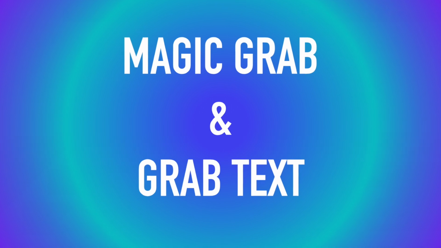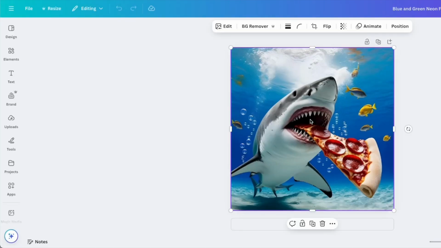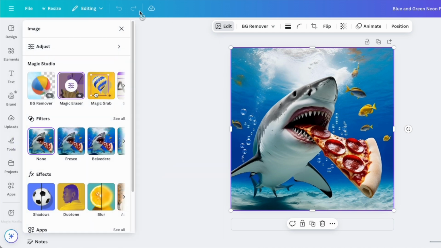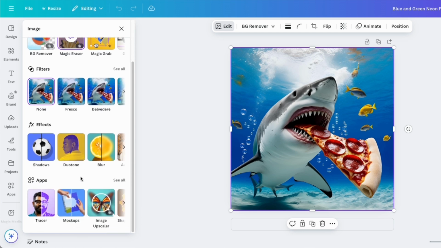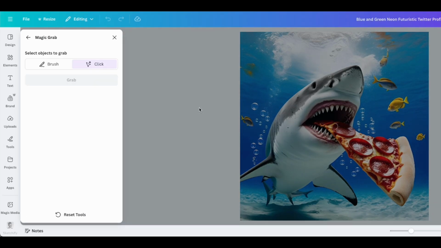Let's use Magic Grab and Grab Text tools. Alright, here's my shark again eating that pepperoni pizza, and I click on the edit button and all of those great tools are going to appear on the left hand side. Alright, so there's a ton of them in here that I can use to edit this picture, but the one I'm going to focus on is under the Magic Studio up here at the top, and we have Magic